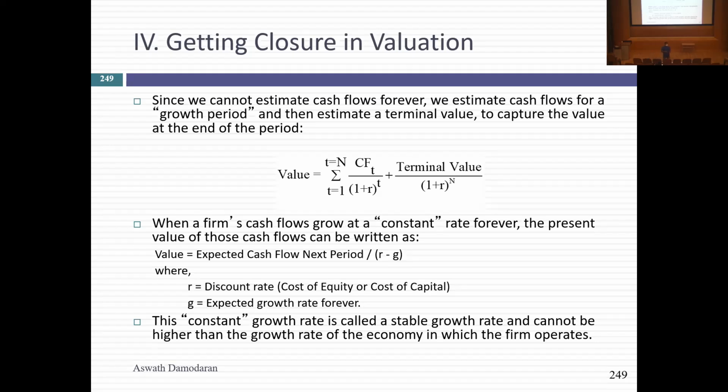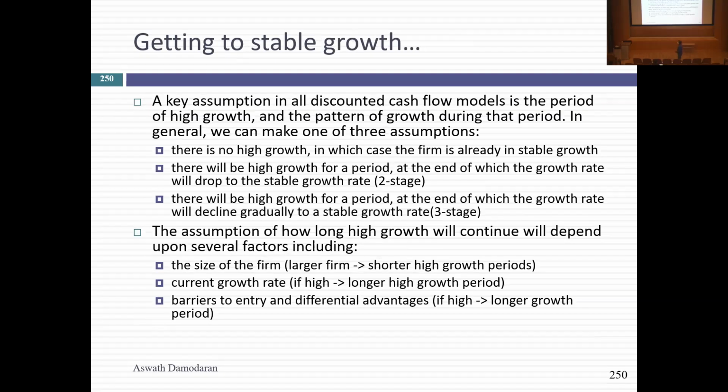It also means that once you put your company into stable growth, it's got to have the characteristics of a mature company. Like what? It can't be earning 80% returns on capital. Mature companies don't do that. It can't have a cost of capital of 15% in dollar terms, because that's a very risky company. You got to give it the characteristics of a mature company.